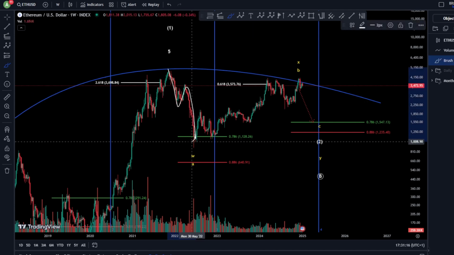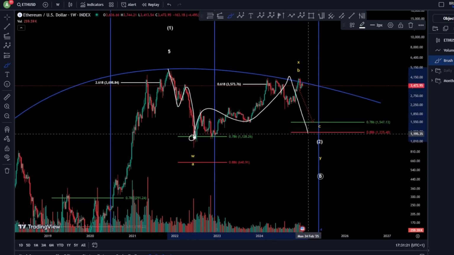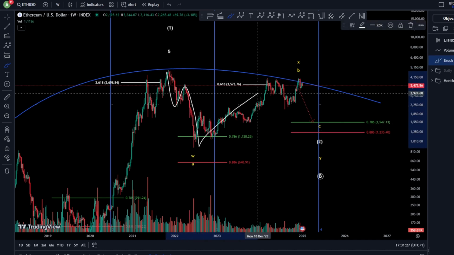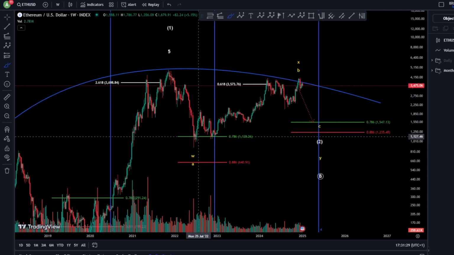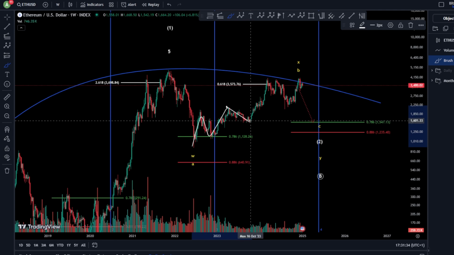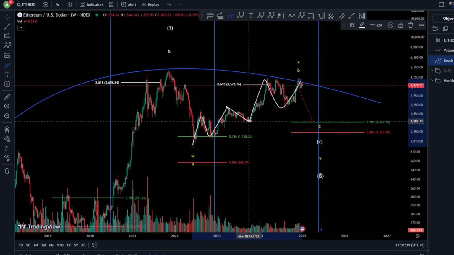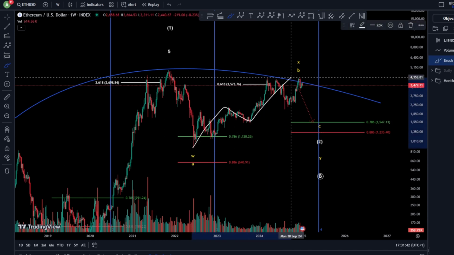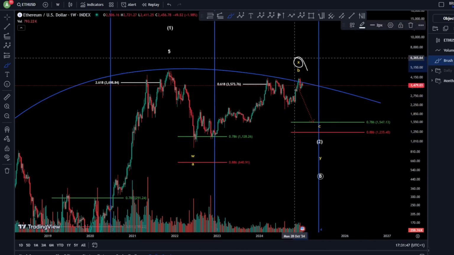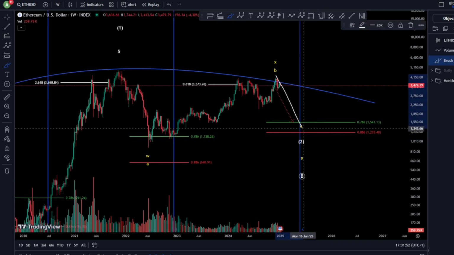Of course, after 3 waves down, we have to consider this as 3 waves up and then continuation toward the downside to finish this correction. Probably we are in a W and then X and a Y. Your X is already a complex structure as well in a zigzag. As well, another structure here as a correction for X and another final zigzag, to finish this in a 3 wave corrective. So we have a WXY inside your X, which is a bigger WXY again, and your wave Y here, of course, might be